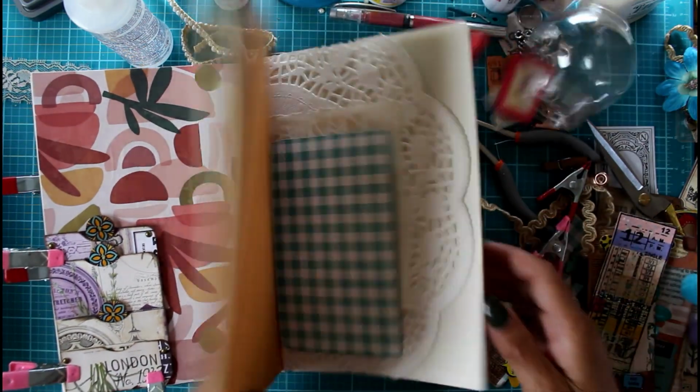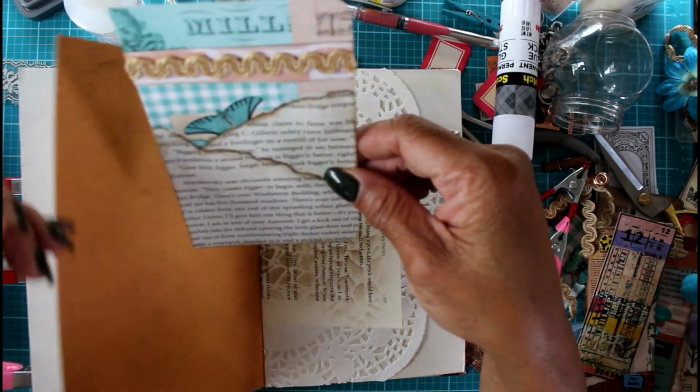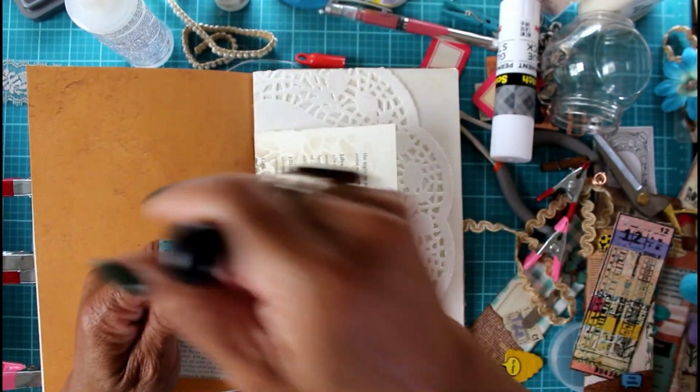Okay, let's see what else I have back here. Oh, another one. Oh, this is so cute. I did this last night, actually. Didn't even ink it yet. So this was just another one of those 12 by 12 sheets that it was the last sheet that I